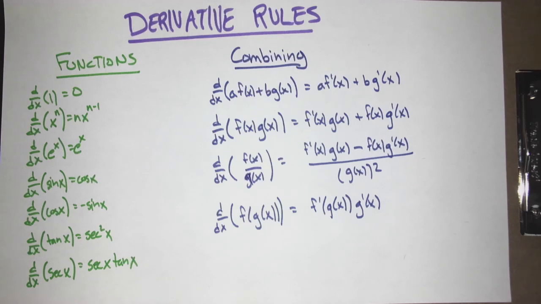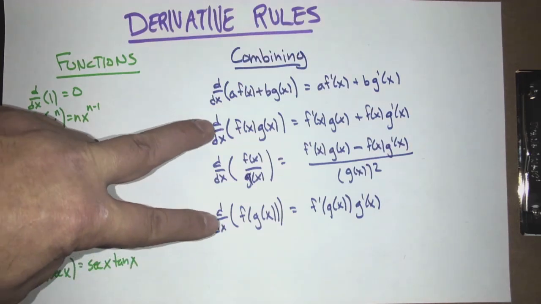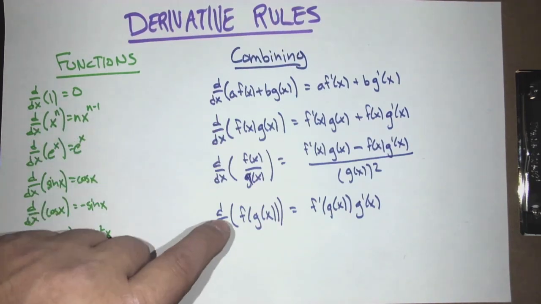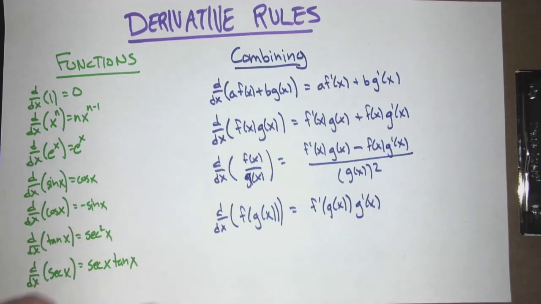You can always do the quotient rule by other means. In particular, you can always get it by combining the product rule and the chain rule. The most important rule is the chain rule, because most functions are written by putting functions stacked up one inside of the other. So the derivative of f of g of x is f prime of g of x times g prime of x. So know your rules.